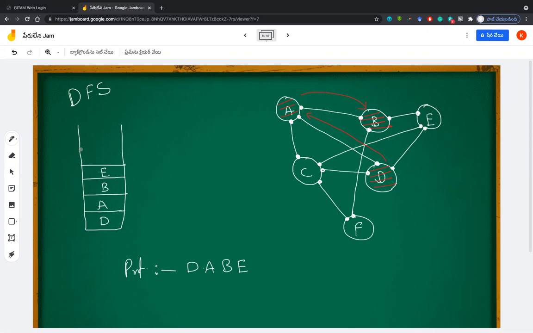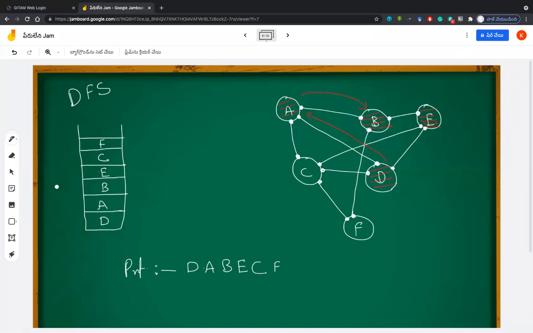Okay. I should also introduce to you another scenario in this. Let us take C. Once C has been printed, we need to print C also, right? Because we have pushed C inside and print C. So what is C connected to? A, E, D, and F. So I think A, E, D are finished. So F is remaining, right? So let's push F and print F.